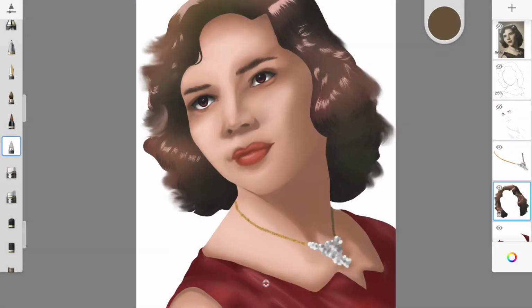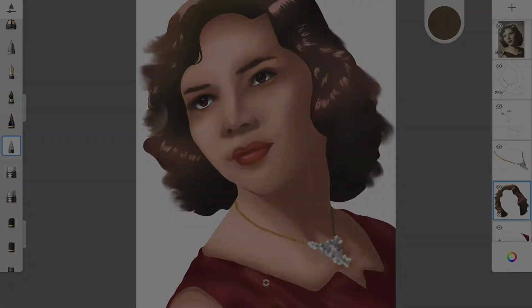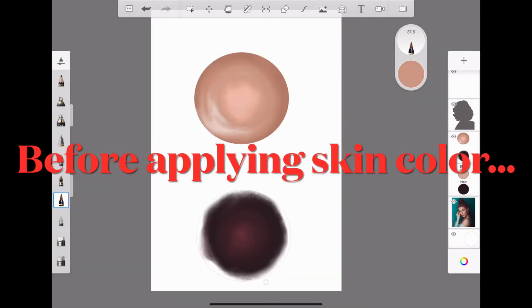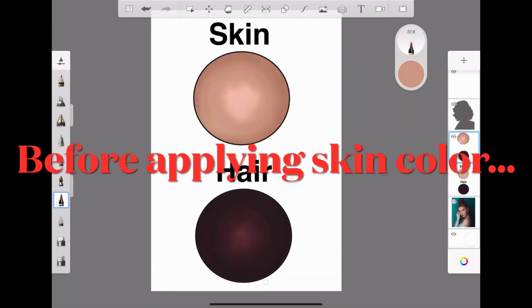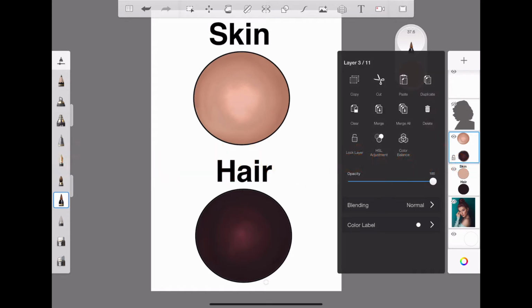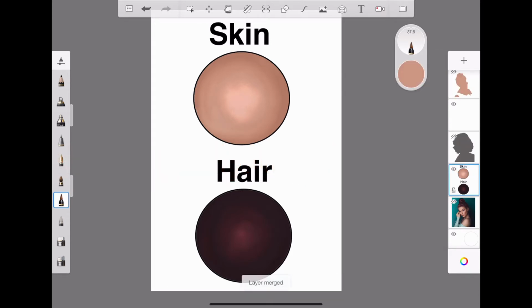Here is the completed illustration I drew this time. I'm not very good at drawing, but if you want to get closer to the level of this illustration, please watch this tutorial video. There are some points I was aware of when I drew this illustration. In this video, I will mainly explain how to draw skin color. If you want to know how to draw a person in advance, please check the related video on the upper right.